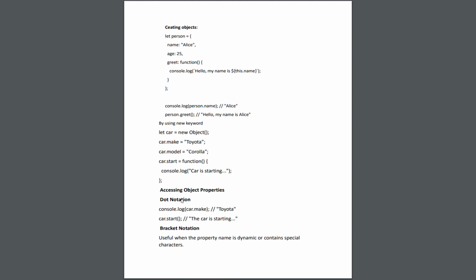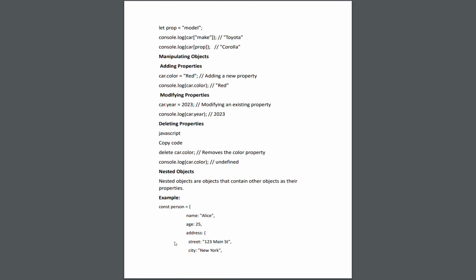So we can access object properties in two ways, by using dot notation and bracket notation. So here is the example. We can see here car.make gives the output of Toyota. So we can use bracket notation to access the objects. So here, within the bracket we use the,